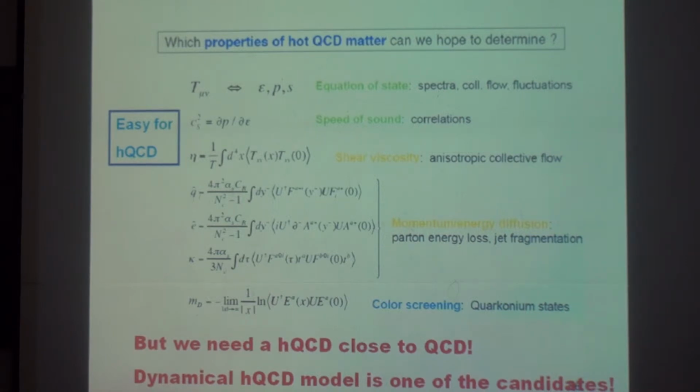So we are trying to calculate the jet quenching at the moment, and also some other coefficients. We have a lot of things to do, but we also need to understand this framework more deeply,